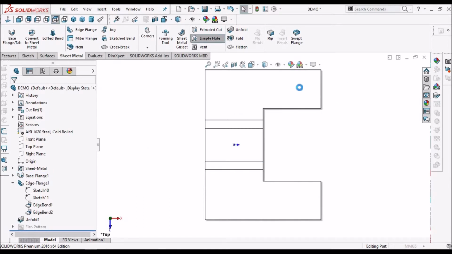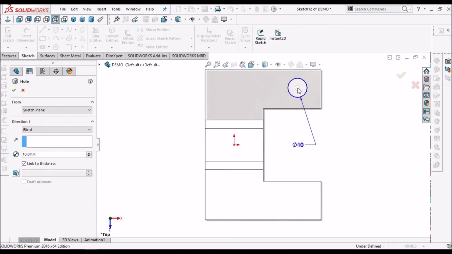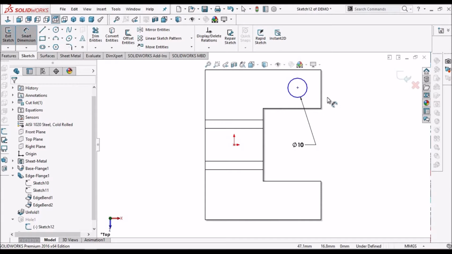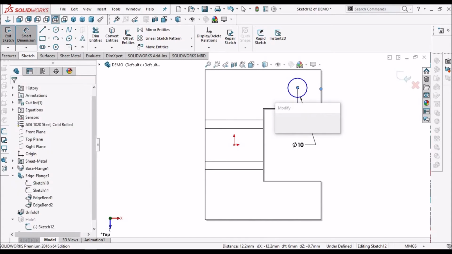Now go to simple hole feature, select this face. This is 10. Say OK. We have to link to thickness. Go to edit sketch and this is 12.